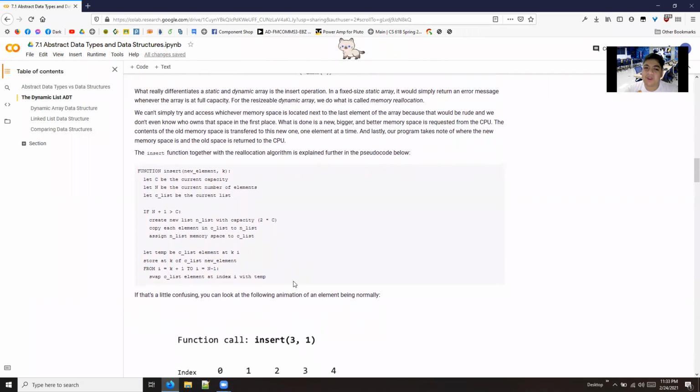For those of you who are sort of interested in the nitty-gritty of the memory aspects of the list or the array, once the computer allocates a space for a certain array in your program, it is actually always fixed, because the computer needs to know up until where your program is writing on the memory. Otherwise, your program might be writing on memory that isn't yours.